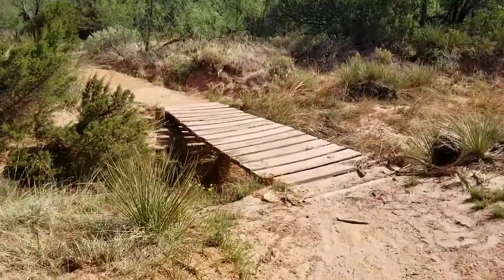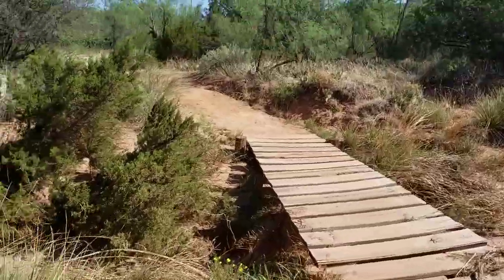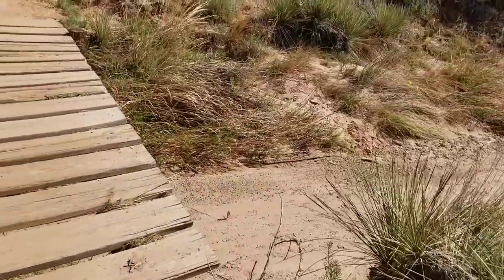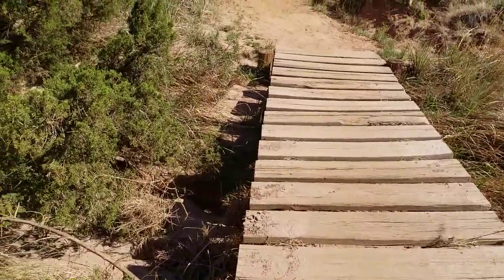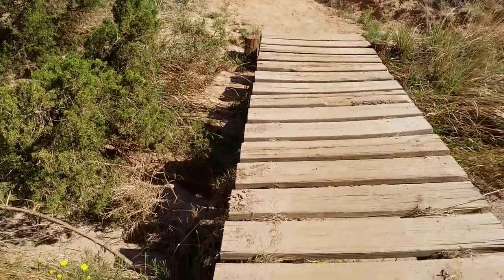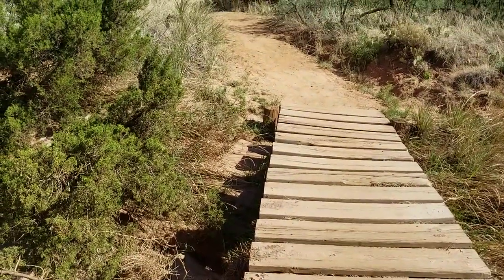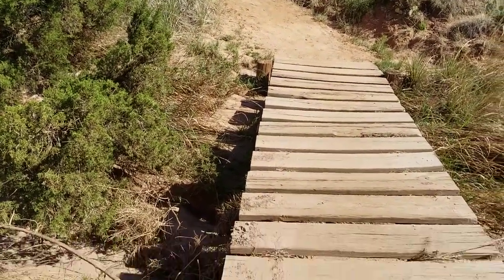Lots and lots of these wooden bridges here over these dry gullies. Pat, I don't think you'd like these bridges so much. This one doesn't look too bad. Some of them I wouldn't get on with Clark because between the two of us,